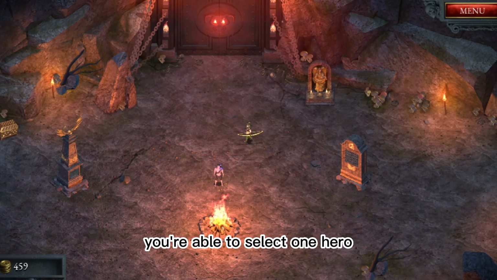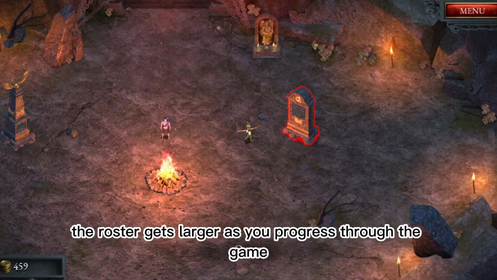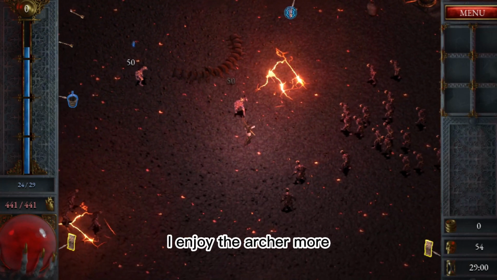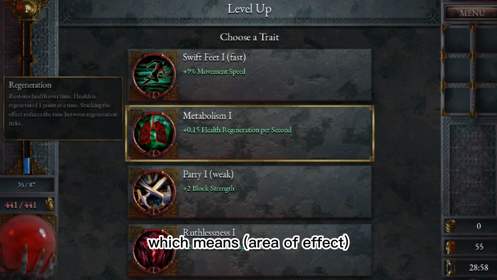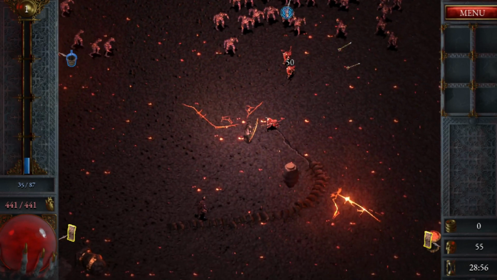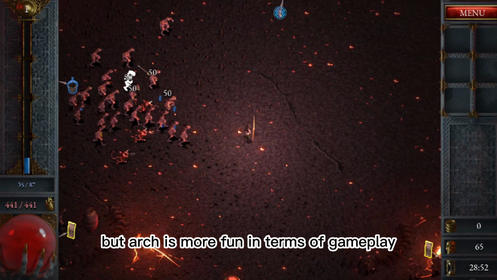When you start off, you're able to select one hero, the warrior. The roster gets larger as you progress through the game. I currently have the archer and warrior unlocked. I enjoy the archer more since the game's all about damage and AoE, which means area of effect, so range comes in handy most of the time. Warrior feels more satisfying because of its sword swings, but archer's more fun in terms of gameplay from what I